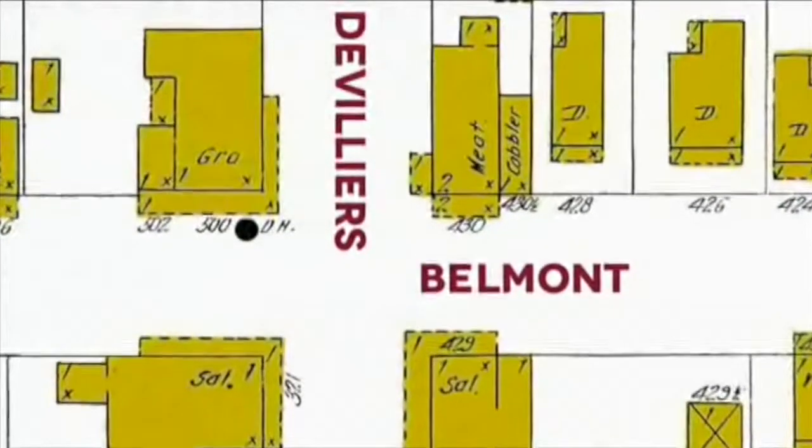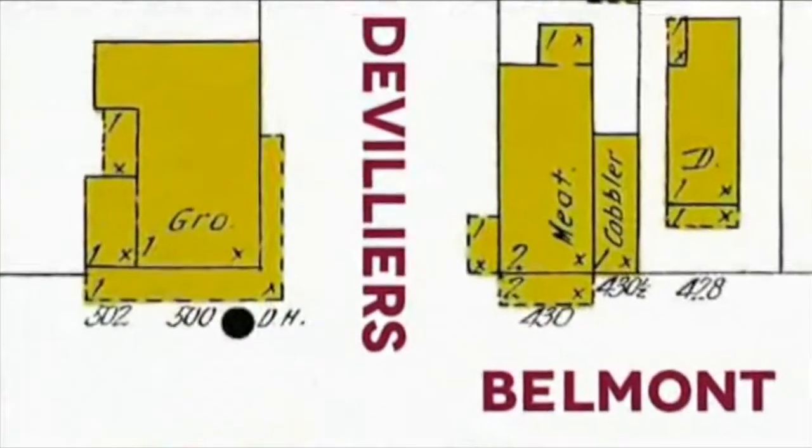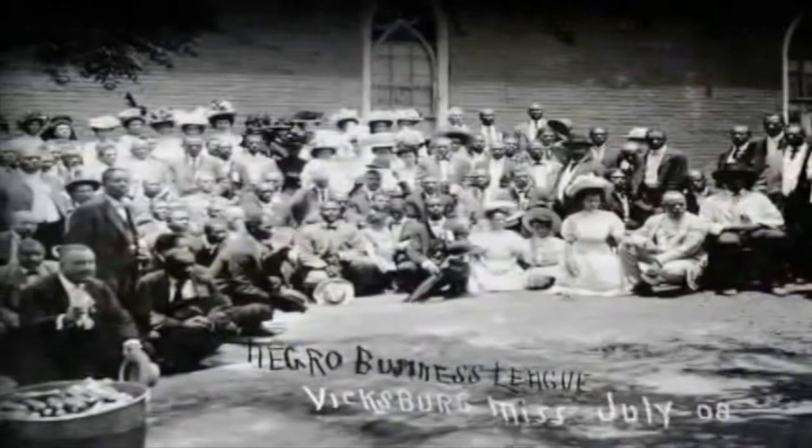During the last 2 decades of the 19th century, others with the entrepreneurial spirit started joining Sunday in the downtown area and Belmont Devillers, inspired by the promises of the capital economic system and the Reconstruction era policies. In fact, all over America, African Americans in large numbers took their place in the business world and the political arena,